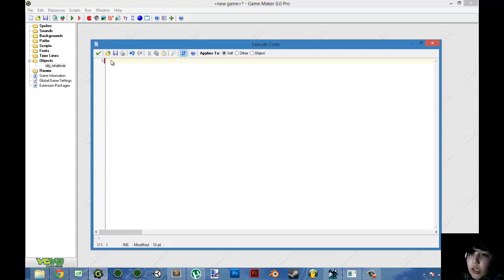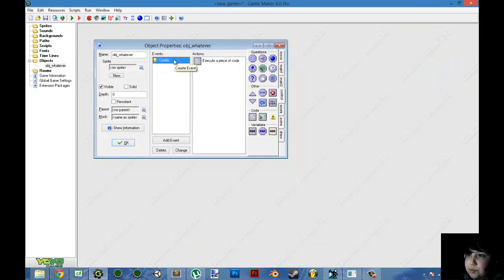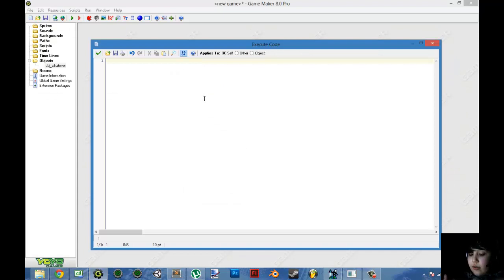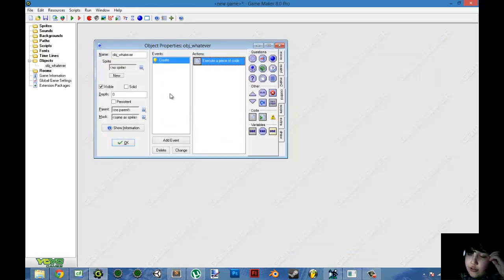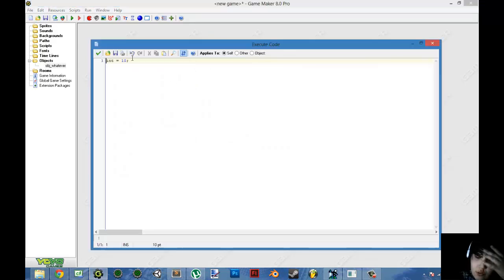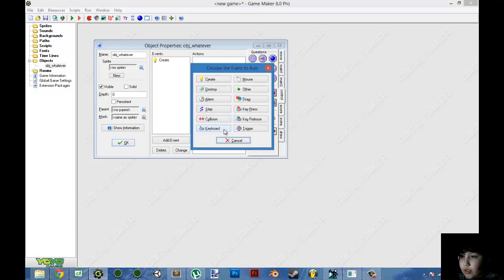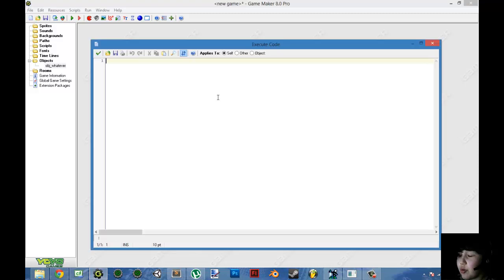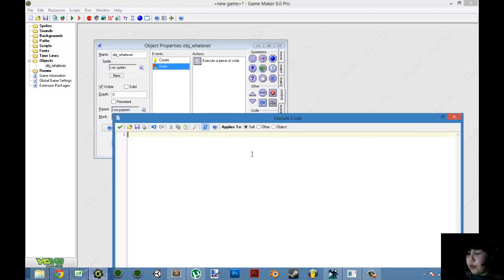So let's use our variables. Create a variable. Doesn't matter what it is. I'm gonna make it an integer. I'm gonna call it int equals 10. So we're creating an integer called int equals 10. You don't need to declare it, so I don't know why I'm calling them integers. You can just call it a variable. And then to test it out, I know you don't know what this does yet, but just to test if you're doing it right, you can do draw underscore text,